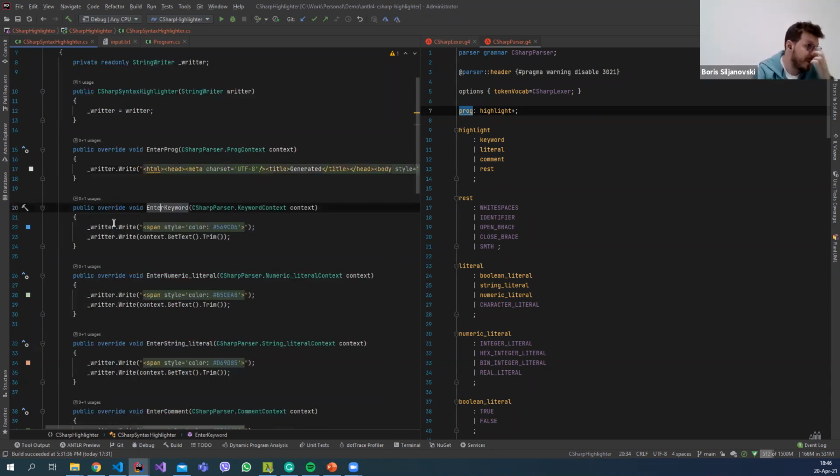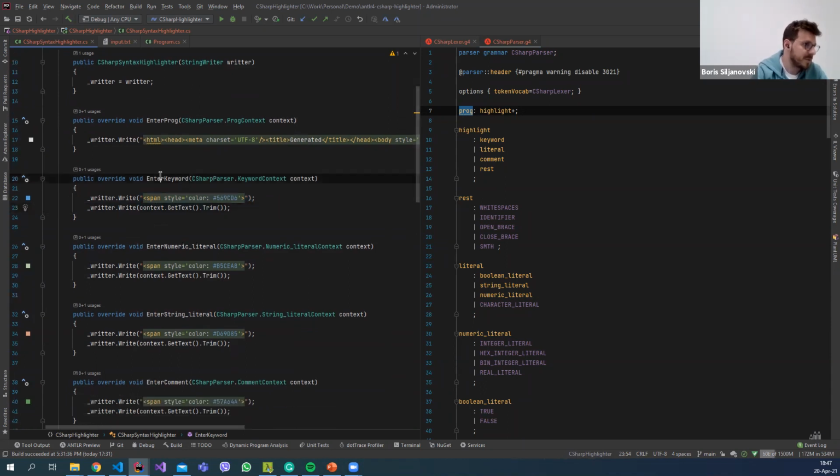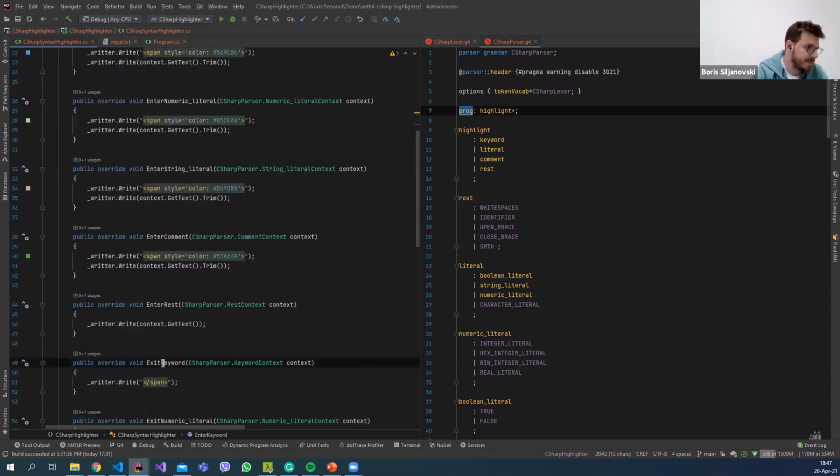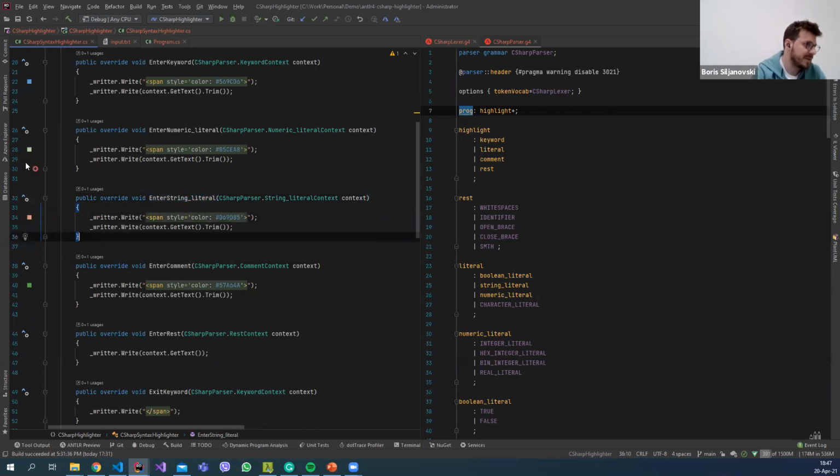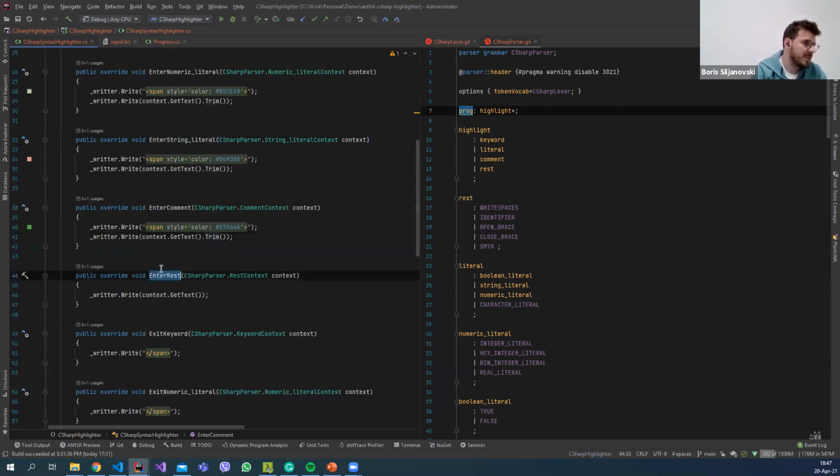Then once we enter the keyword, we're going to write a span tag, and then we're going to read the text for that rule. Once we exit the keyword, we're going to close the span tag. The same thing happens with numeric literal, then string literal. Only the colors are different, and you can see the colors on the left hand side in the gutter. Once we enter the rest, we're just going to write the text. And if I execute this,